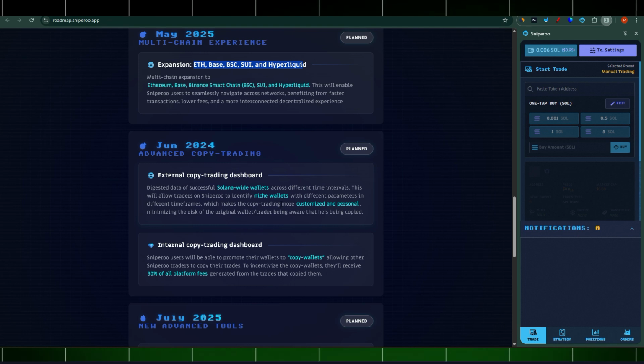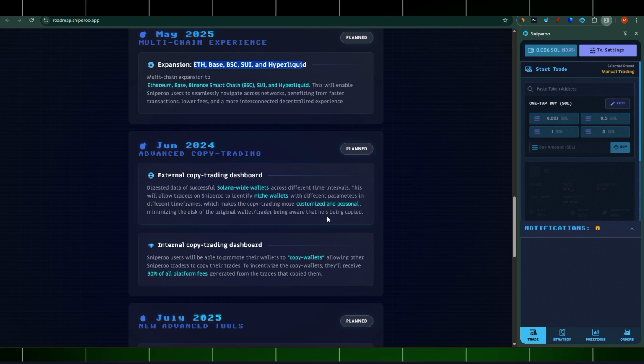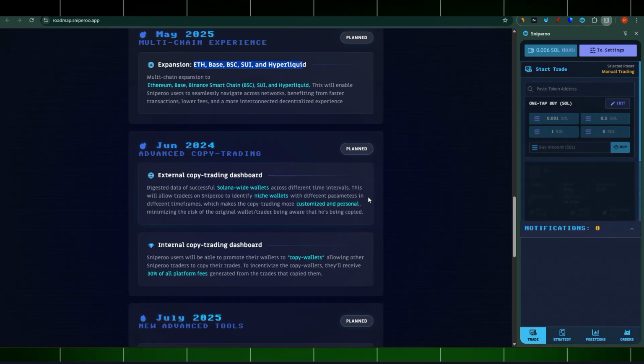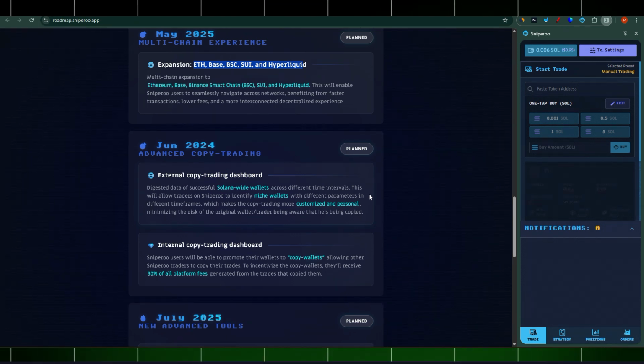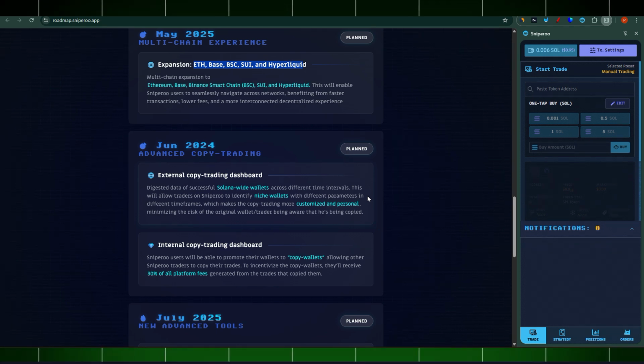However, they do it with their own twist, which I really do like. They can make that copy trading customized and personal, minimizing the risk of the original wallet trader being aware that he's being copied, which is very important when it comes to copy trading. But myself, I would not recommend copy trading. It's only because most of the time you might end up as an exit liquidity, because